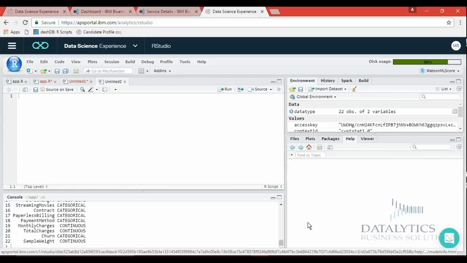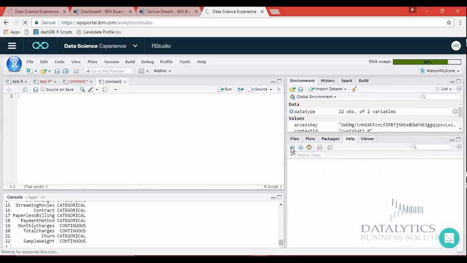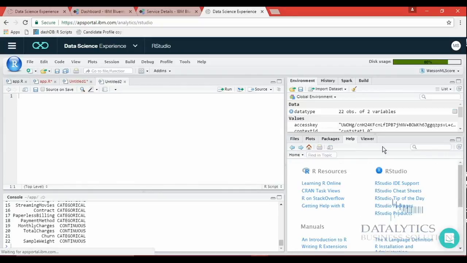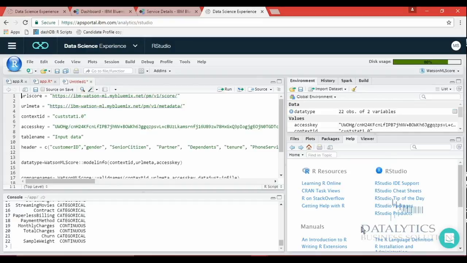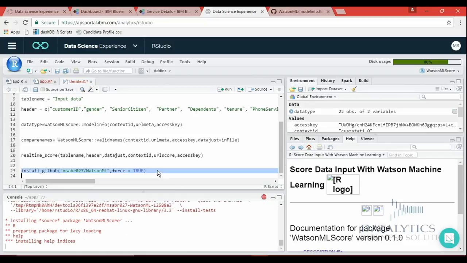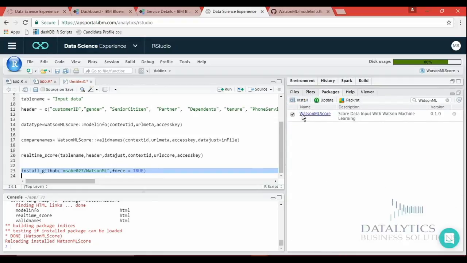So here, for example, you can call... first install our homemade package available on GitHub. It contains, for the moment, three functions. It's called the Watson ML Score. The link is under the video,